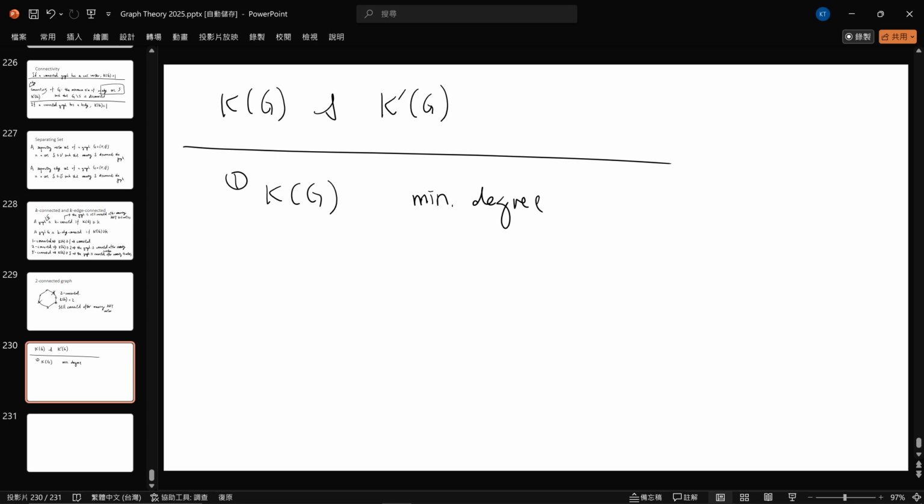大概所以哪一个会比较大，哪一个比较小？kappa G 比较小，比较大。所以这个是你至少最少要删掉的点，才可以让它变成断掉，OK。然后这个是整张 graph 的最小的 degree。对，哪一个比较大，哪一个比较小？